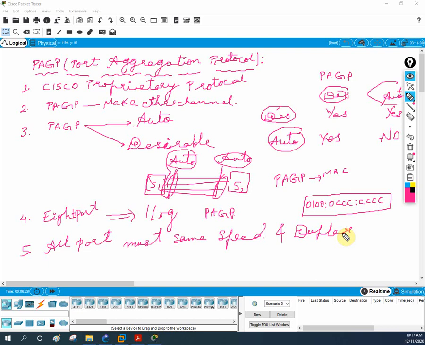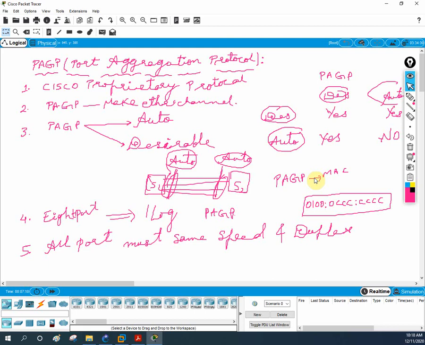You know why we use EtherChannel: because STP, Spanning Tree Protocol, blocks the ports that are creating a loop in the network. So what we did is use a protocol to make multiple physical interfaces into one logical interface. So we will have more bandwidth, and STP will not block that. For that we have 2 types of protocol, LACP and PAGP. LACP we already discussed and did a lab. This is PAGP, which is Cisco proprietary, and PAGP is used to make the EtherChannel, converting multiple physical interfaces into one logical interface.